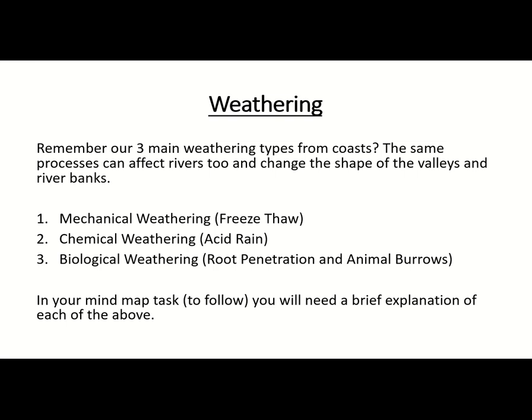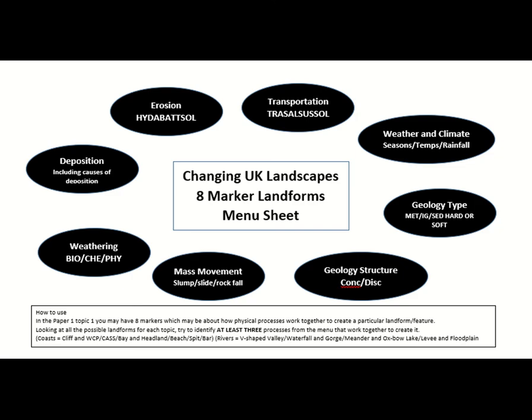Now, if you want to get this jotted down, that's absolutely fine, but on 365, I hope it's there, and if it's not, you're going to need to copy this. This is a mind map which summarises, for both rivers and coasts, so both of them, these different types of physical process which you need to be aware of and using when it comes to your